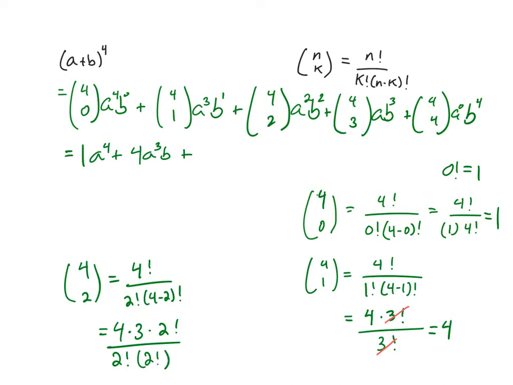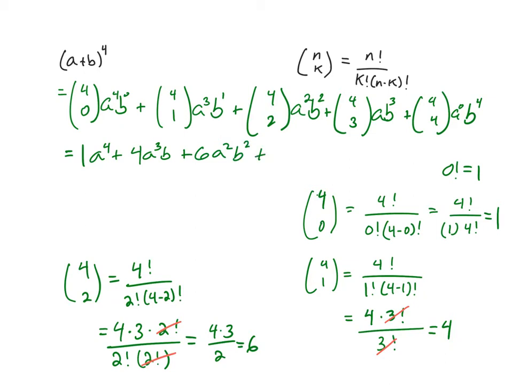So I can cancel out one of these. 2 factorial is the same as 2 times 1, so it's 2. So I have 4 times 3 divided by 2, so this is 6. Okay, so that means that this 6 is going right here. So 6a squared b squared